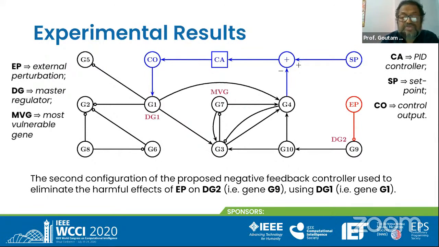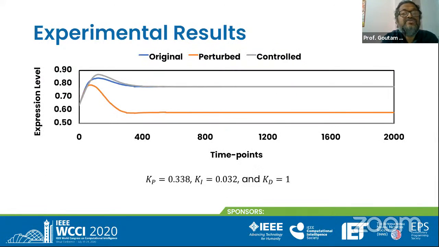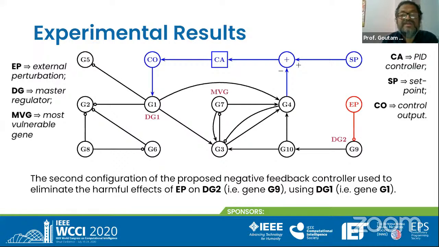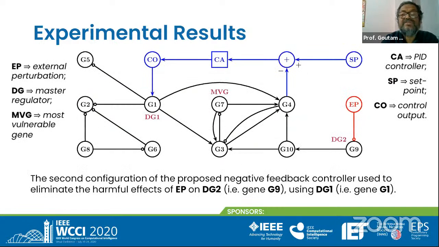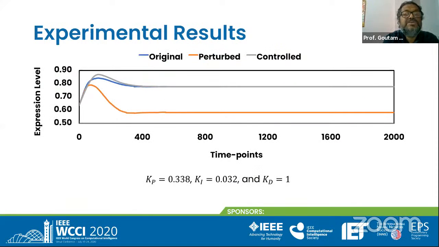It is also, you see, possible. Here you see, due to perturbation on G9, how much my G4 was disturbed. Look here. The original value of G4 was the blue line. Now due to this disturbance on G9, the G4 value was disturbed hugely. You see, where is this on the reddish line here? Highly disturbed. Now I have given the control action. See, from this highly disturbed condition, I restored G4 back.